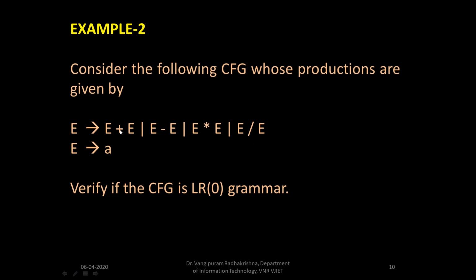So, as discussed in the previous example, here capital E is the only non-terminal which is available as part of the non-terminal set. The terminals that we take into consideration, which are part of this particular grammar, are plus, minus, star, slash, and small a. So there is a single non-terminal and 5 terminals as part of the given grammar. The start symbol for this grammar is capital E, and then the productions are